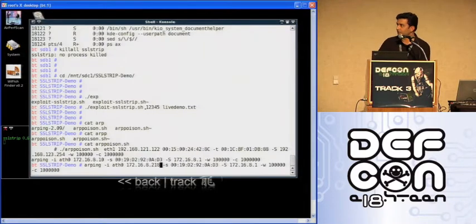The IP address of the Wi-Fi user I am going to victimize is 172.16.8.218. So I have used his IP address. And this is the MAC address of my machine. And this is the IP address of the gateway on behalf of which I am sending this spoofed ARP request packet.